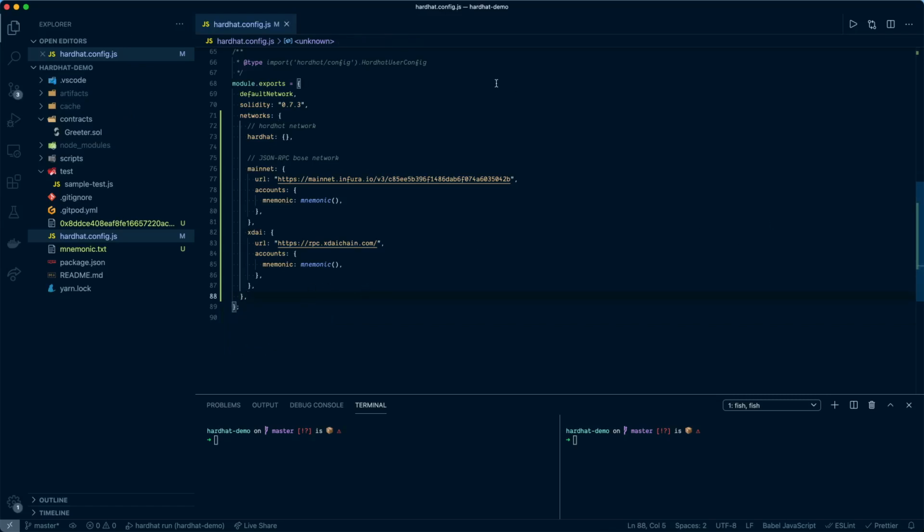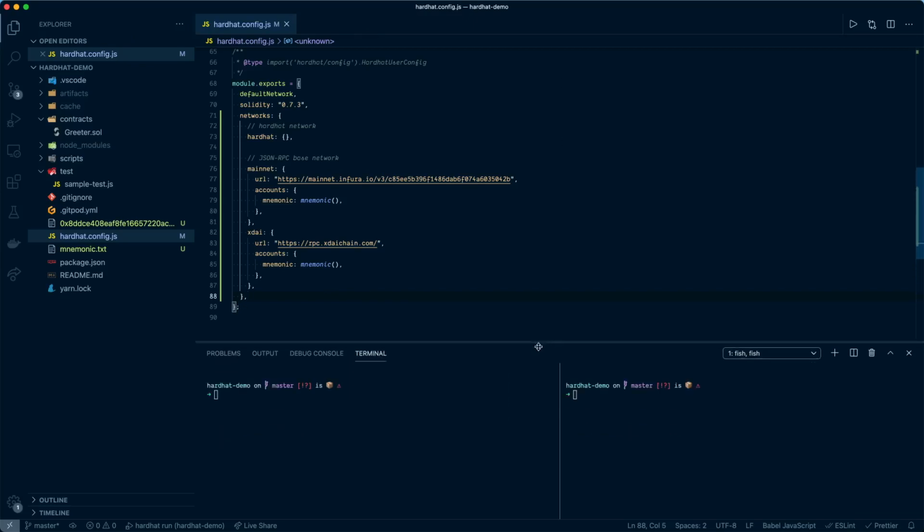So yeah, let me see what we can continue with. Okay, let's now explain a bit better about the Hardhat network that we will be using a lot. As we will see when we run the